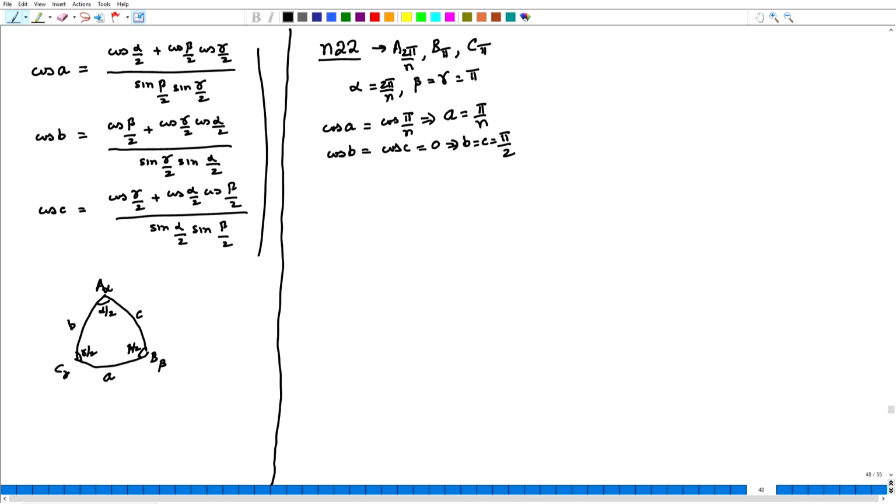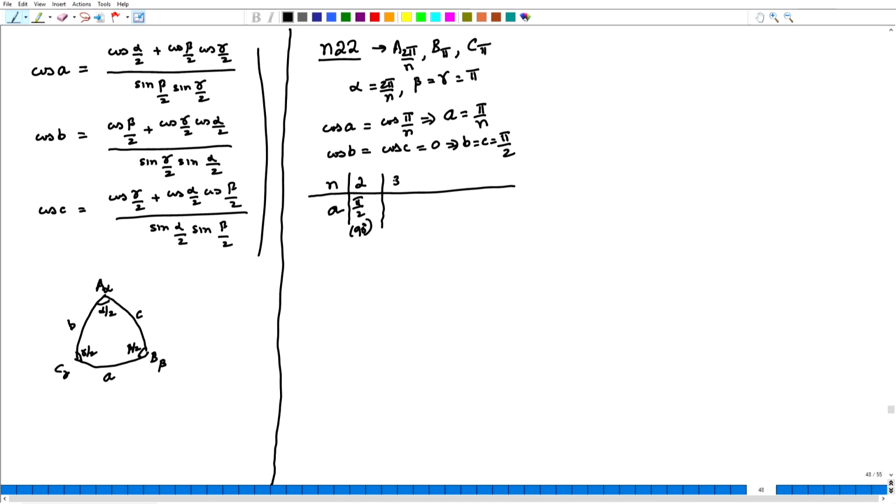So, I have this solution to the more general case. Now let us figure out for different n values what are my angles. Angles B and C will always be 90 degrees. So, if I have a two-fold rotation axis, n is equal to 2, I am going to have an angle of pi by 2 or 90 degrees. This is the same result as when we combined three two-fold rotation axes in the last lecture.